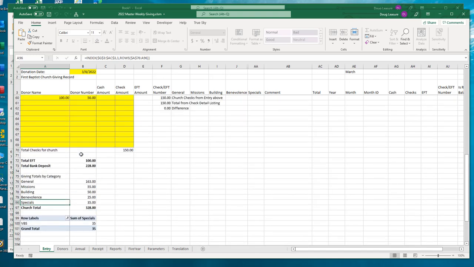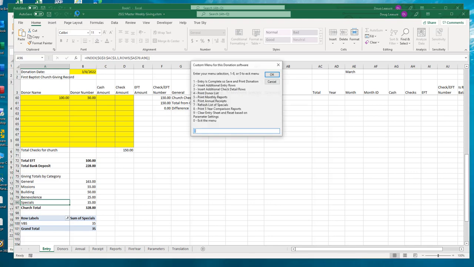Okay, now this is the part where everybody typically gets a little bit confused, thinking, oh, it's Excel, so I need to save it manually. No, you don't want to do it that way. You want to use my custom menu, because item number 1 in the menu says I've completed my entry. I'm ready for